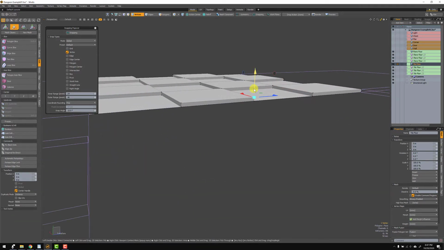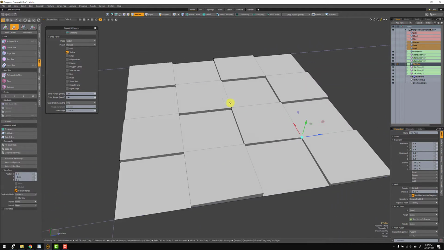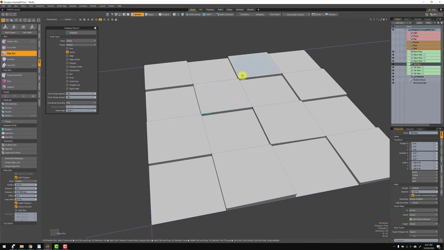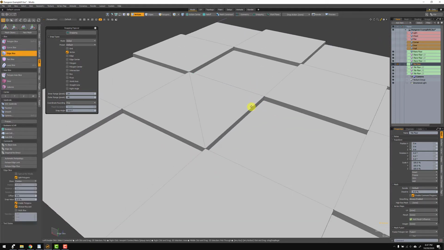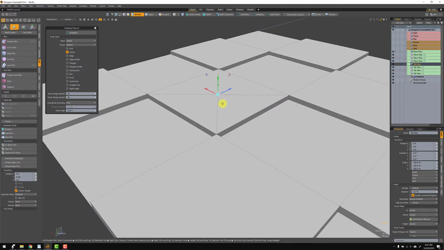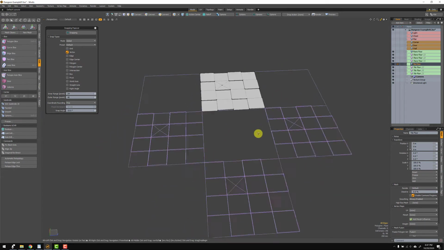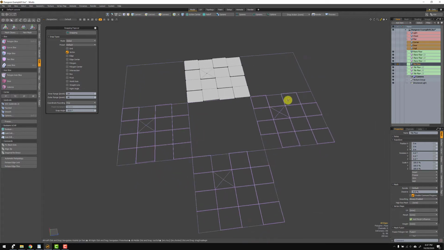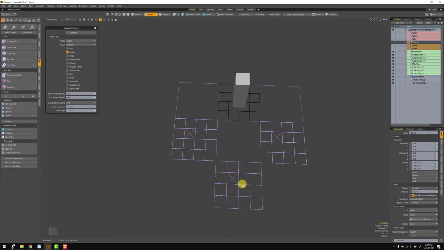Maybe I want to take this one, move it up a little bit, take this one, move it down, just make these a little bit uneven. Maybe even do a little cut from here to here. Make sure I'm cutting this the right way. From here to here, maybe pull this up a little bit. But regardless, as soon as I make a change to one, you can see that change happens throughout. So the next thing we can do is, let's actually